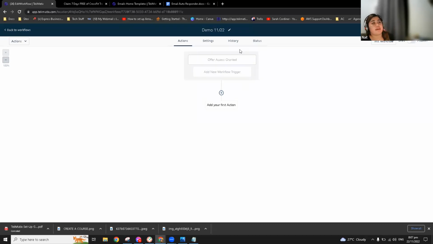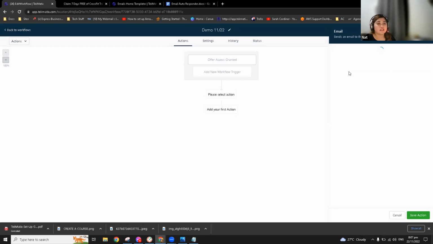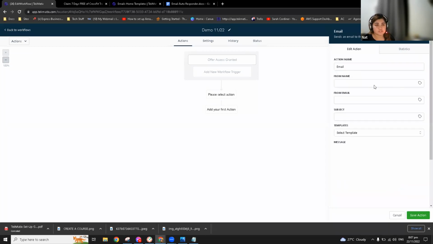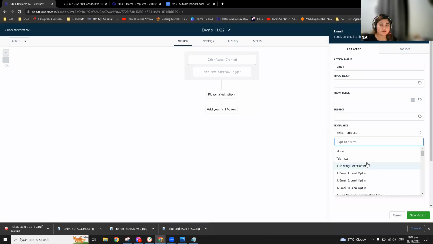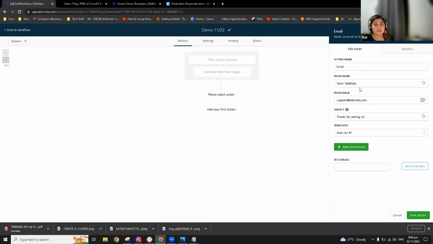Okay. So we have the main screen here. Let's add the action, which is basically the email. When I click on this one, this specific layout will show out. Under the templates, this is where you can find the template that we just created, under marketing and emails. So when I scroll down under Autoresponders, as you can see, this is the email template that we just created, right? When I click on that one, automatically everything will be filled in from the from name, email, and the subject.